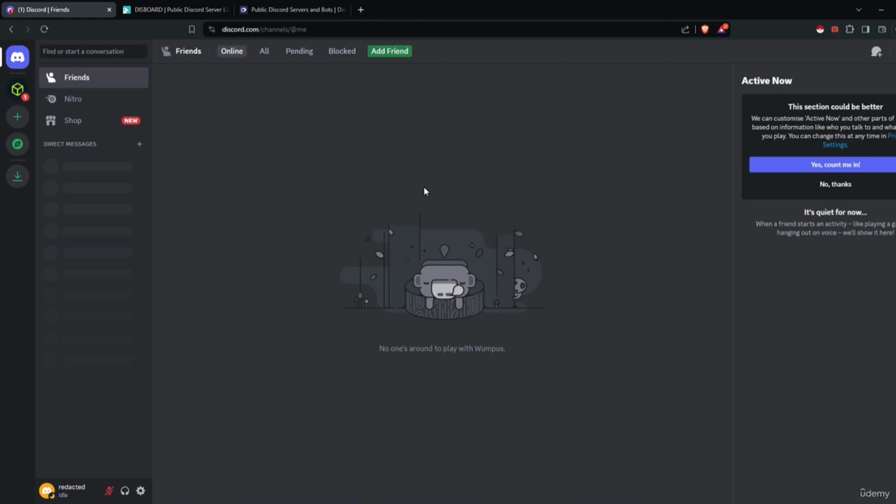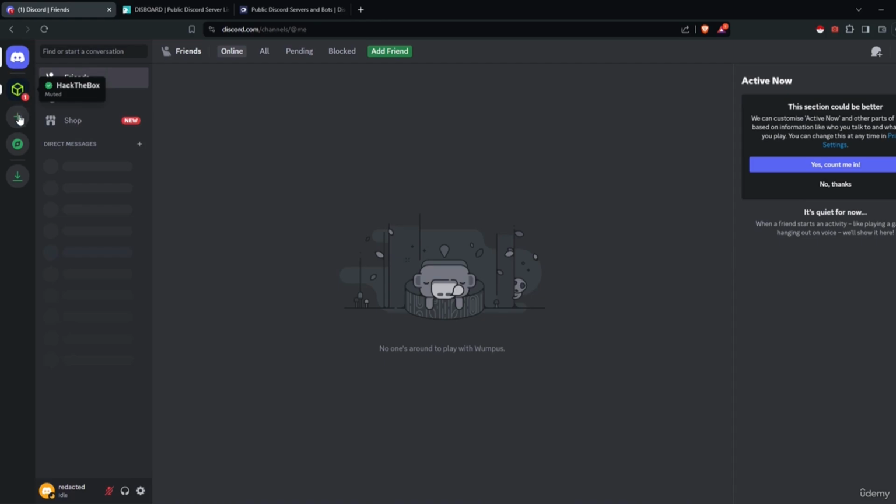There are 3 traditional ways of using this app. These are via the desktop application, via the browser, and they also have an app for iOS and Android devices. When you're logged in, no matter via the desktop app or the browser, you should be presented with a user interface similar to this one. Starting from the upper left, we have the direct messages section. Then if we keep going down, we have the servers we belong to. So this account belongs to Hack the Box Discord server.